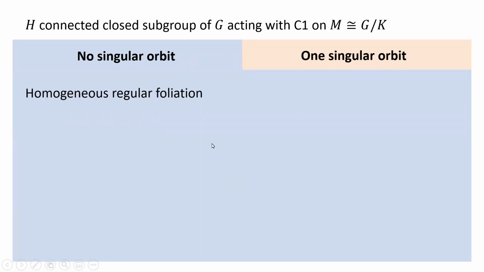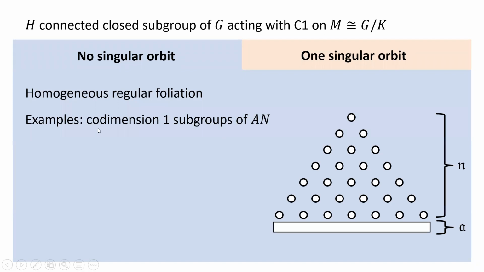First case, if you don't have any singular orbit, then you get a homogeneous regular foliation. And you can get examples by considering codimension 1 subgroups of AN. Recall AN is identified with M, so a codimension 1 subgroup gives you a codimension 1 homogeneous regular foliation,